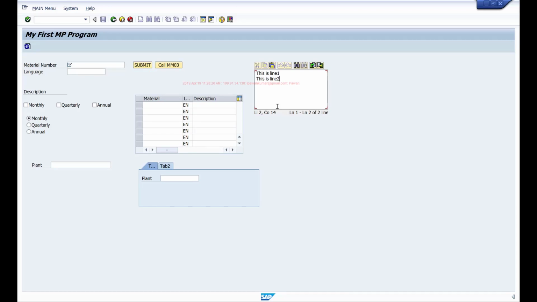So this module pool development has become much less frequent, but again, understanding this was crucial for you to really understand the whole screen processing, how exactly the screen processing is happening. So understanding these screen events, PBO, PAI, is crucial for you to understand standard SAP applications.